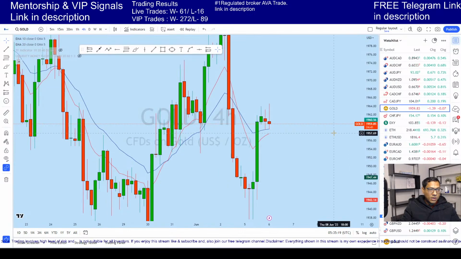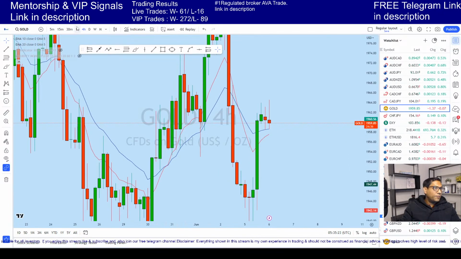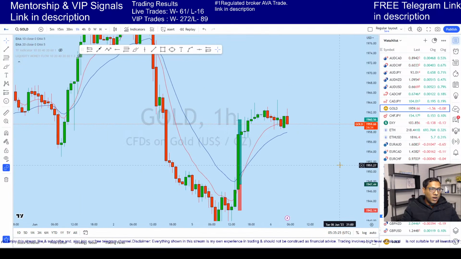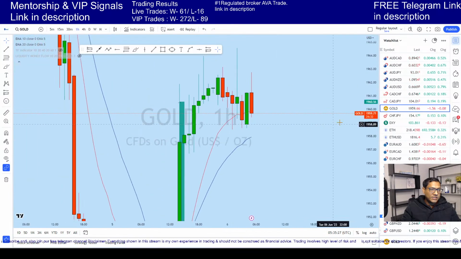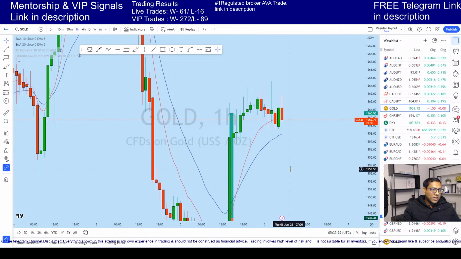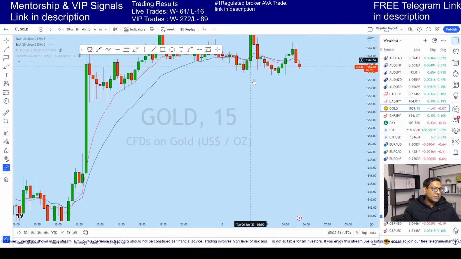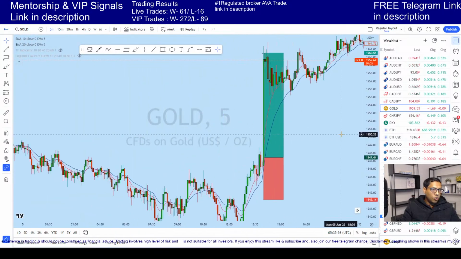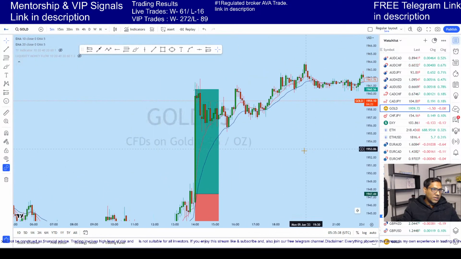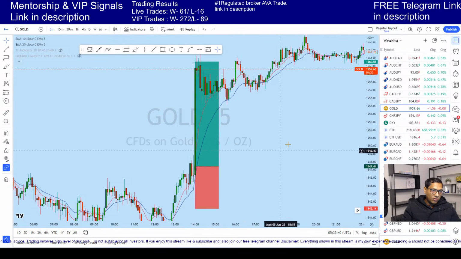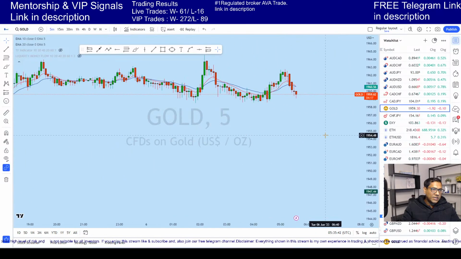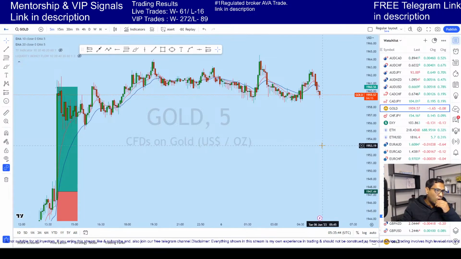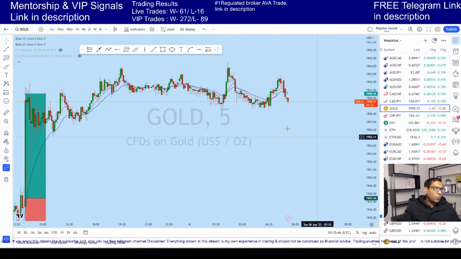There's a candle close coming up on gold, and if you look at this 1 hour price action, we can see that there was a move on gold yesterday. You have seen this massive trade. Probably you were also in the gold trade yesterday when the news was released. We secured a massive trade on gold. So let's look at what we are expecting from the gold market.